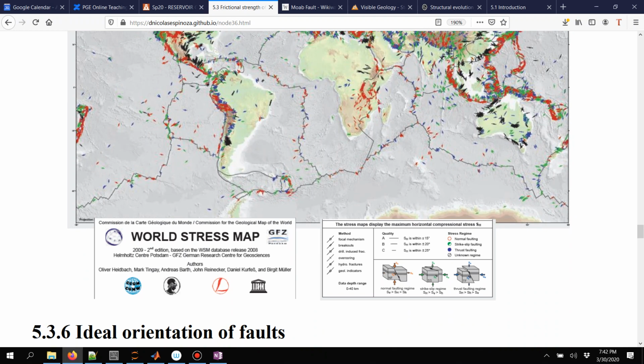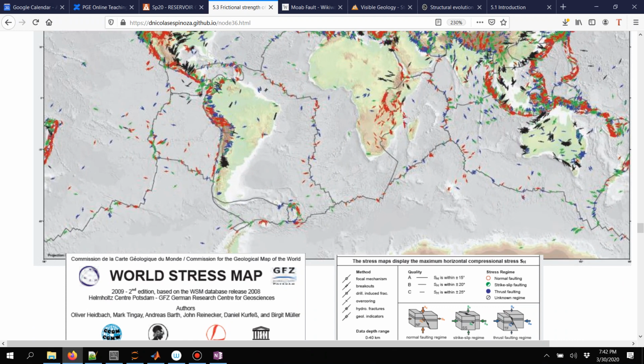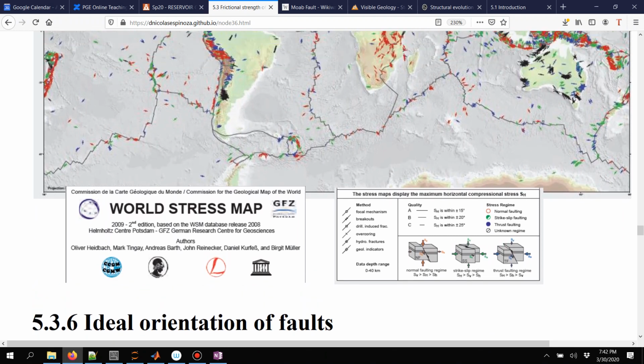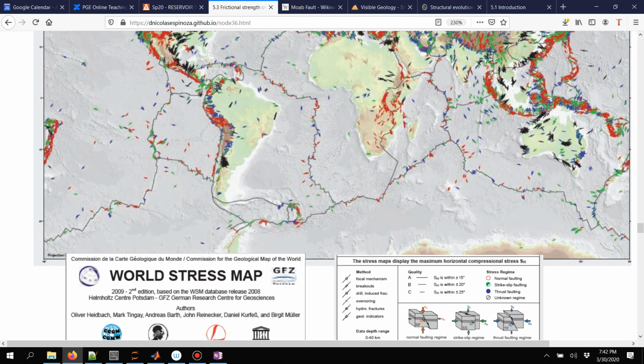Let me zoom up here in the lower part. Here we have the different types of stress regimes associated with the faults that you would expect in those conditions. So here you have maps of different places with the expected stress regime at that particular location and what that will mean for faulting. For normal faulting in red, strike slip in green, or thrust